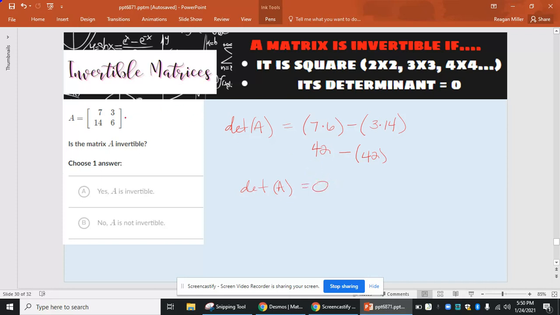So is it square? Yep, it's a 2 by 2. Is the determinant equal to 0? Yes, the determinant is equal to 0. So yes, the matrix here would be invertible